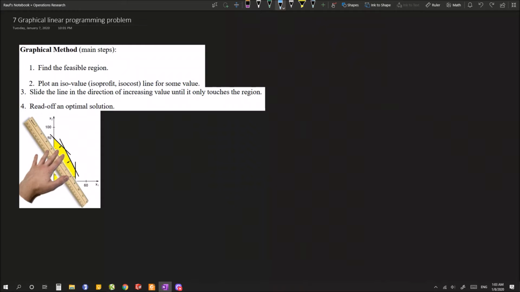Okay, if we want to summarize the graphical method's main steps, first we need to find the feasible region as we discussed previously. Second, you need to plot the straight lines, which are called iso-value, iso-profit, or iso-cost lines, whatever you call them. Those are straight lines based on the equations representing the constraints of your problem. So you draw those on your graph,